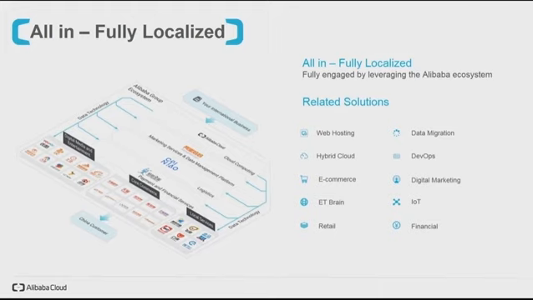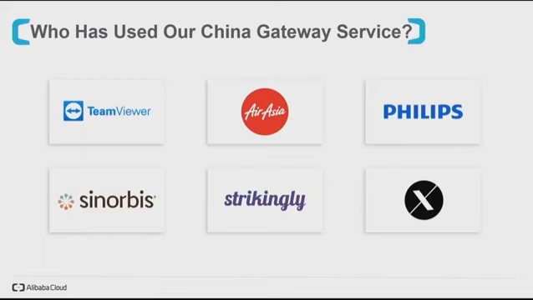And the last topic is if you're all in and fully localized. That means it's your main market, and you're using our full range of services, as I mentioned before: Alibaba China, Alipay, Alimama, and accessing other business units such as Fliggy, Tmall, or Taobao. I'm just going to talk through some reference clients as well.